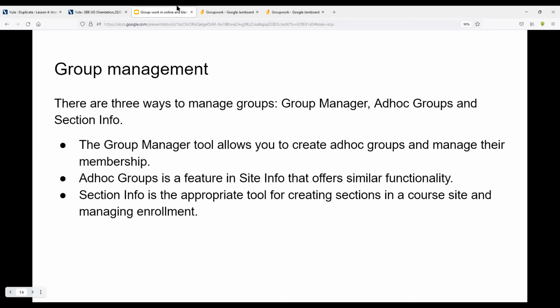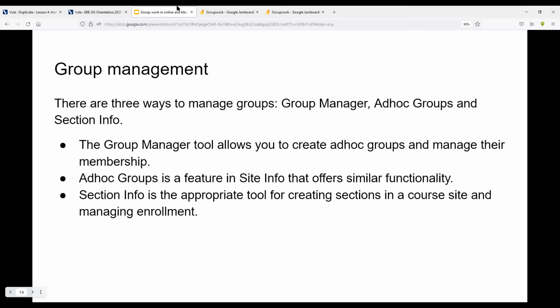It's best for smaller classes because you have to manually assign students to groups. So if you have very big classes, it's very labor intensive. But if you have, I'd say 100 students or less, I think section info is the best. It's very visible, so students can find the section info tool, see which group they're in. You can create multiple different kinds of groups, and you can assign tutors to specific groups and move students around very quickly and easily.